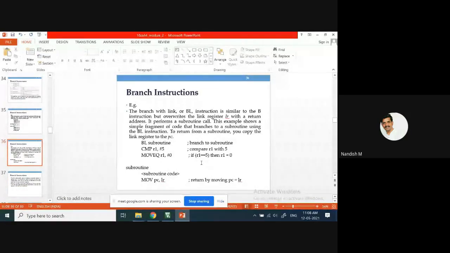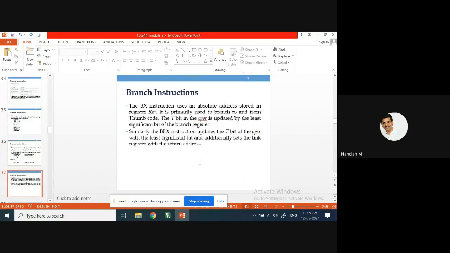See, for all these instructions, please make a note of all the instructions. As I already said, please follow that convention: one instruction, the description, the syntax, one example, one output. Follow this for all the instructions, then it will be easy to replicate in the test or the exams. Okay, these are the branch instructions.